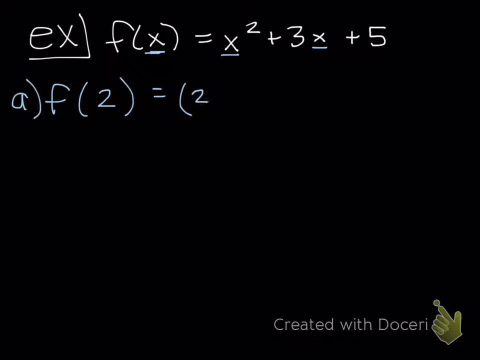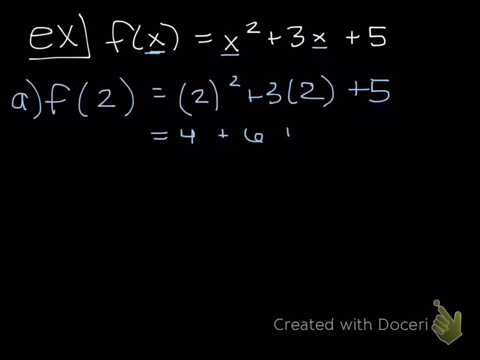So this means everywhere I see x, I plug in 2. So I have the quantity of 2 squared plus 3 times 2 plus 5. So 2 squared is 4, 3 times 2 is 6, plus 5. So when I plug in the value 2, my output is 15. So function notation allows us to get a coordinate pair if I want. So if I input a numerical value, my output will be a numerical value. So letter B,